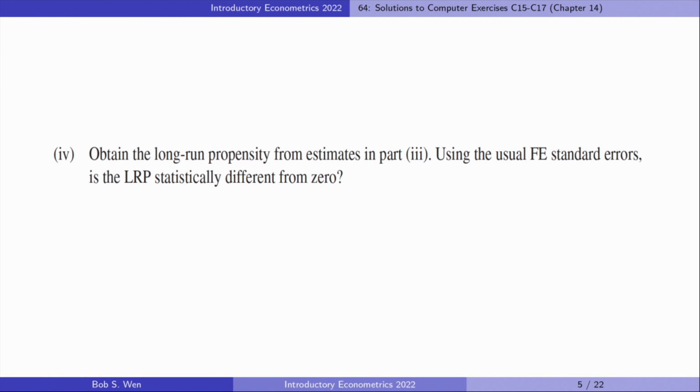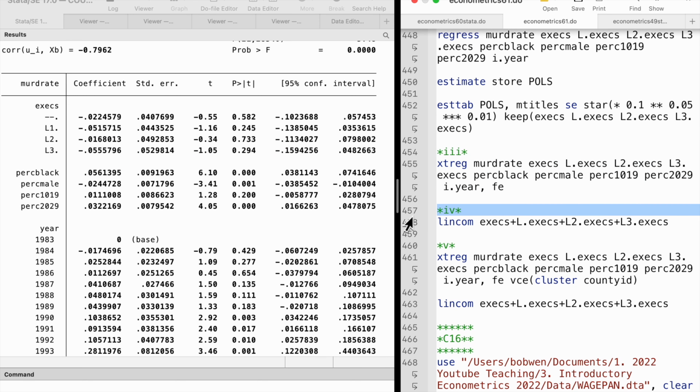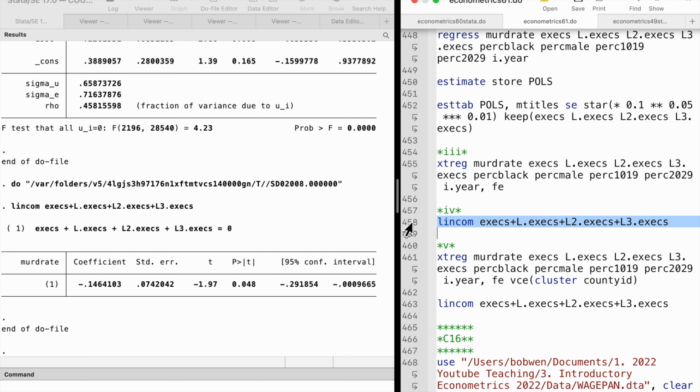In Part 4, we obtain the long-run propensity from the estimates in Part 3. Is the long-run propensity statistically different from 0 using the usual fixed effect standard errors? We use the lincom command in Stata to find the estimate and the standard error for the sum of the 4 execution variables. The estimated long-run propensity is minus 0.146, and its standard error is 0.074. The t-statistic is minus 1.97,